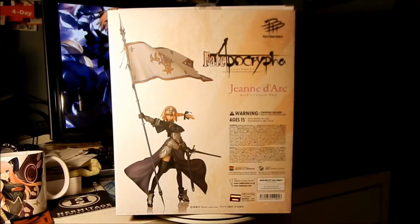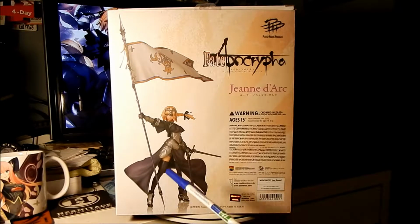So here is a picture of the actual figure, and you can see the reason I wanted a figure that took up a lot of vertical space is because she holds the banner straight up. This is the only figure I know of that does that. The rest of them, she holds it behind her back, or it's furled up, you know. So yeah,